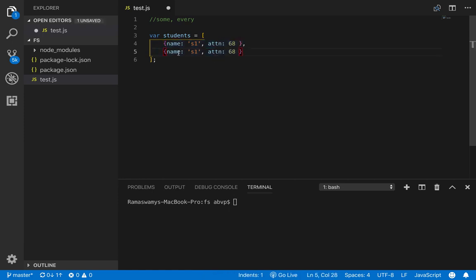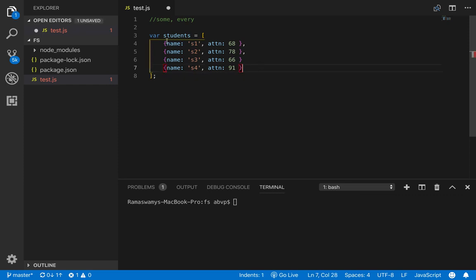So this is our second student, S2, having the attendance 78, and student S3 with attendance 66, and finally student S4 having attendance 91.